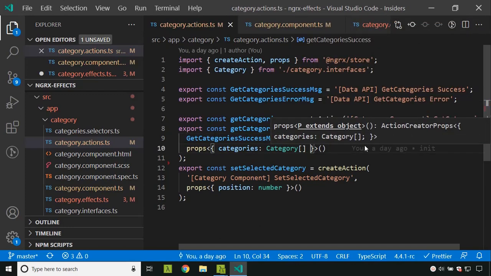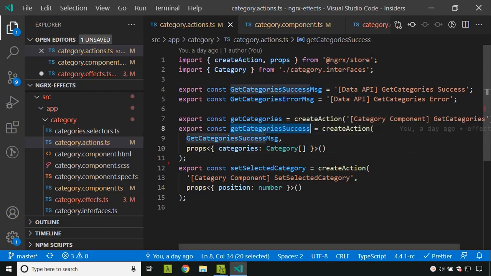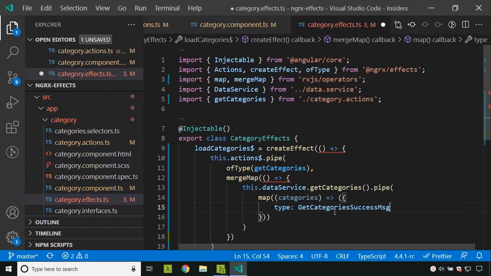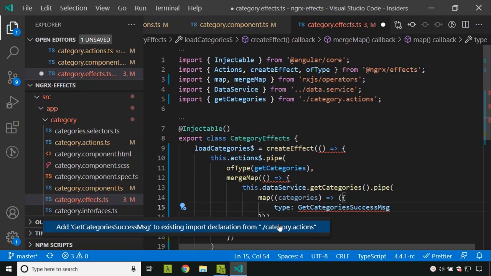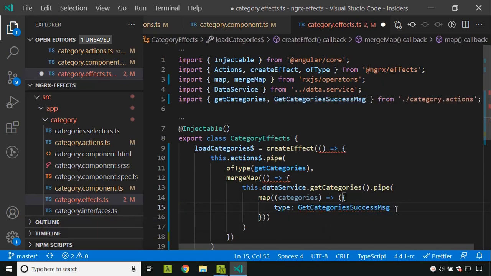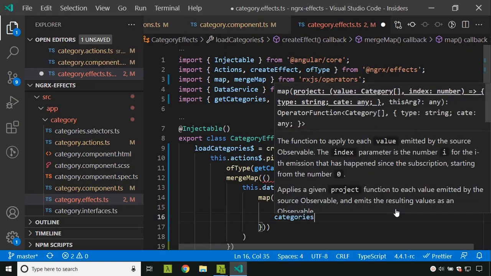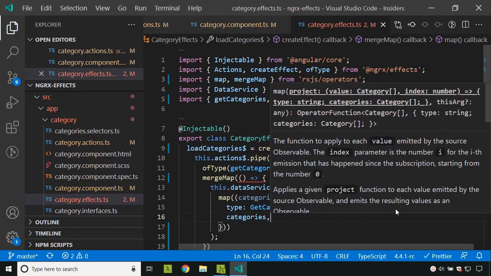So once we have added this, we can add this message here in our category FX. The type will be this categories message, and the payload will be the categories. So I have added this.